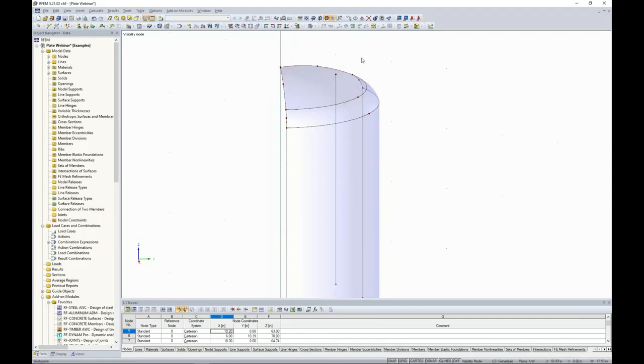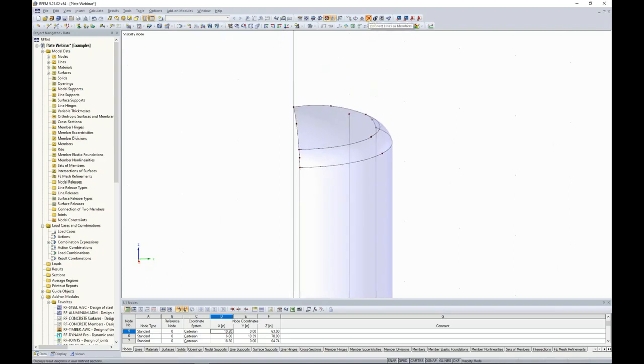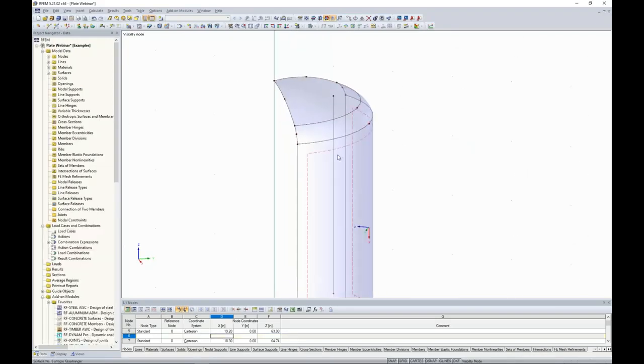But the reason that I did that is because I want to take advantage of this Connect Lines or Members tool. When I select this tool and I hover over the surface and the line, you'll notice that the program will automatically generate a node where the surface and the line intersect, and this node will automatically be integrated into this top surface. We don't have to take care of any of that manually. So I'm now done with this top node, so I can simply hit delete, and I have my existing line